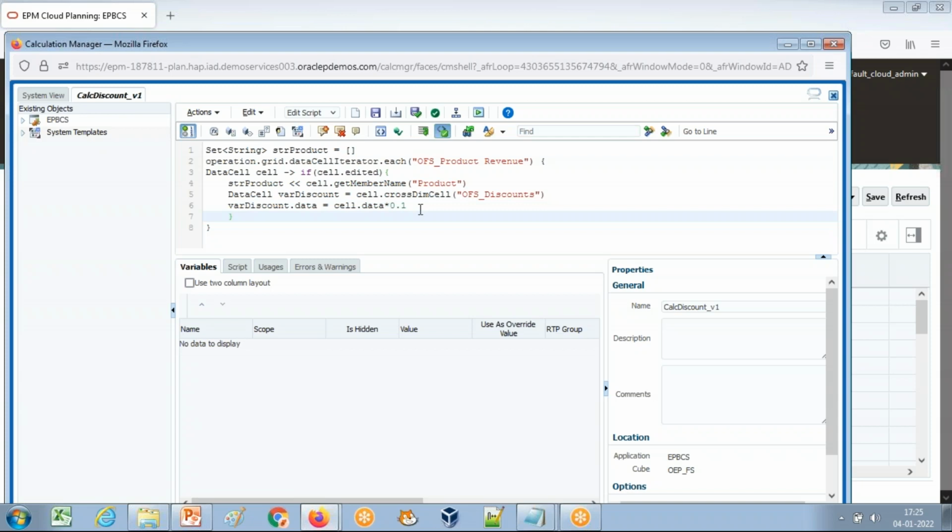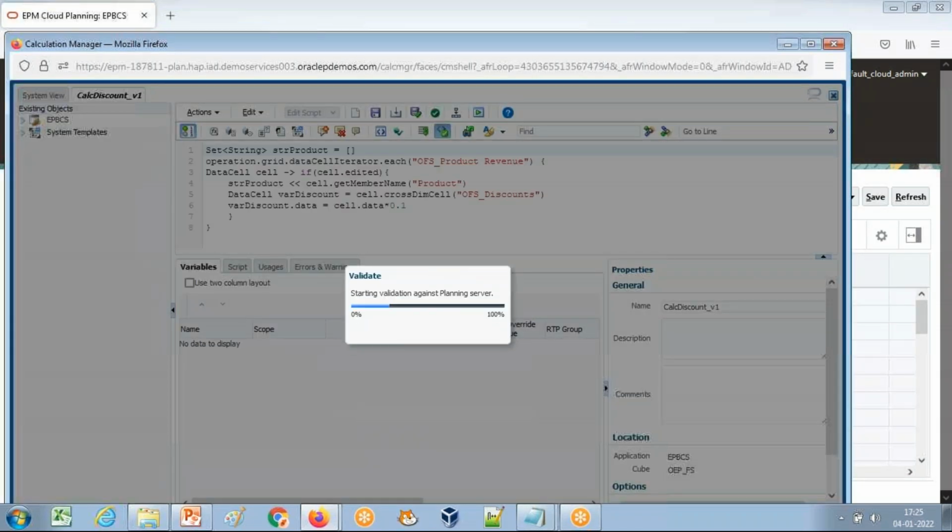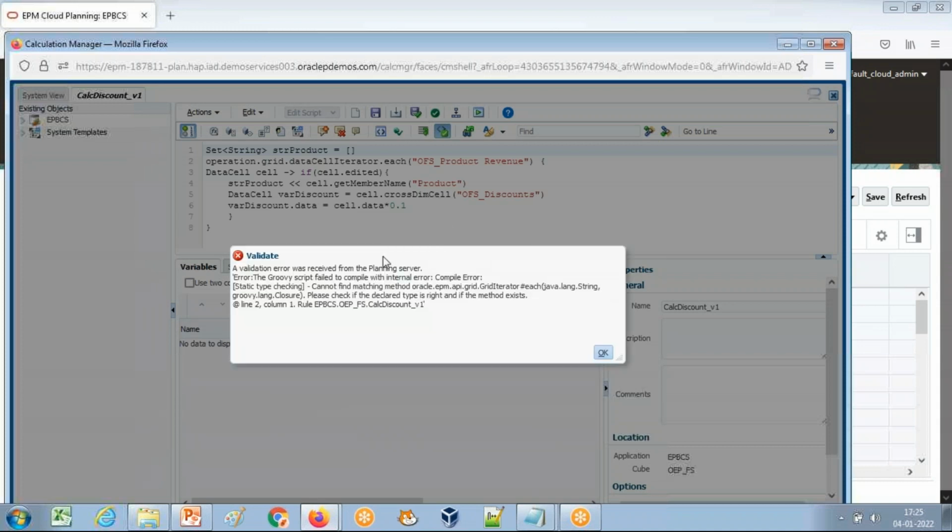And let's validate this for any syntax error first. Okay. Save and validate. Okay, there is an error: the Groovy script compiler cannot find a matching object, grid, data cell iterator.